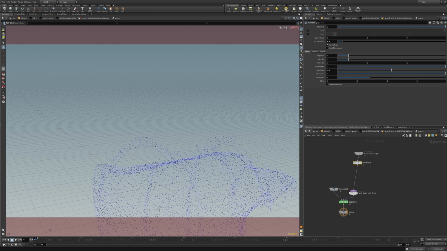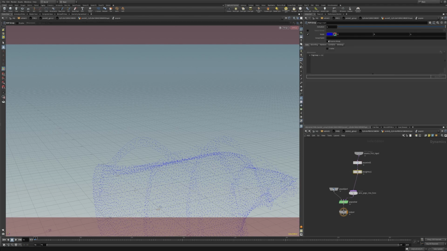And then you add a pop group. And in the pop group, you'll need to enable this. Here, you'll add this code,